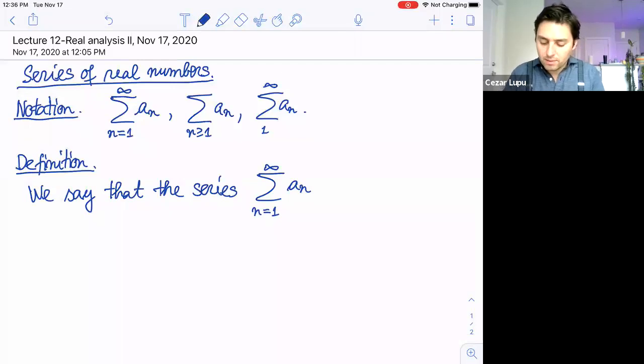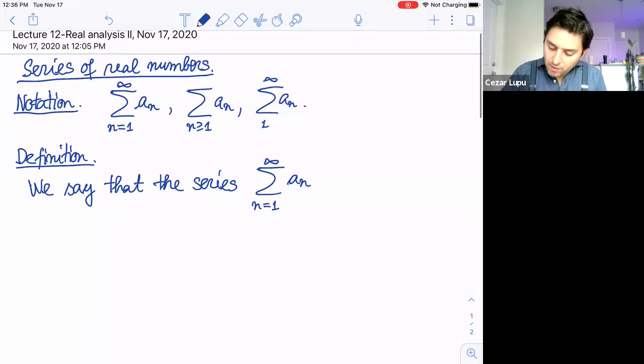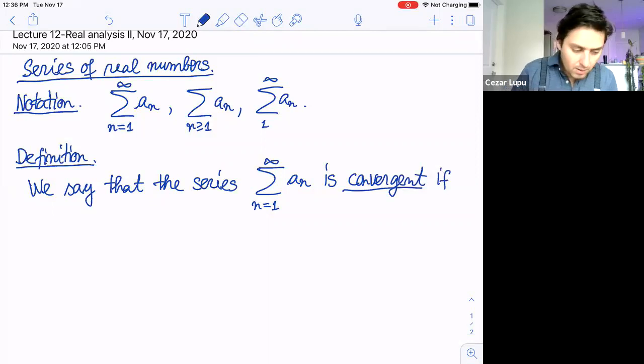We say that the series, the sum from n equals 1 to infinity of an, is convergent if the sequence of partial sums,